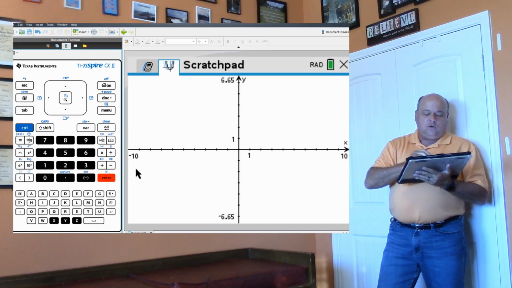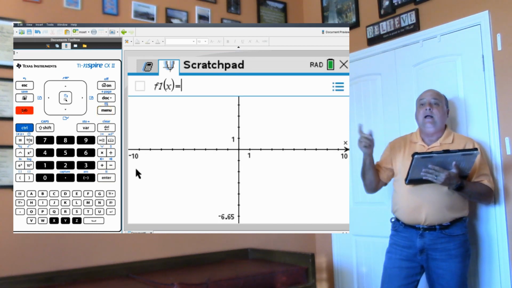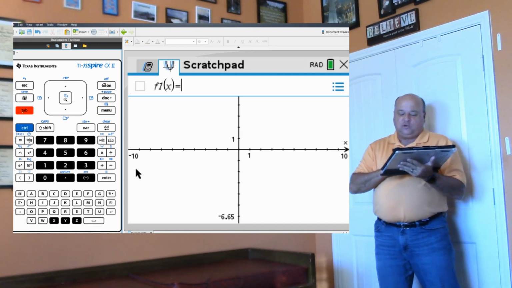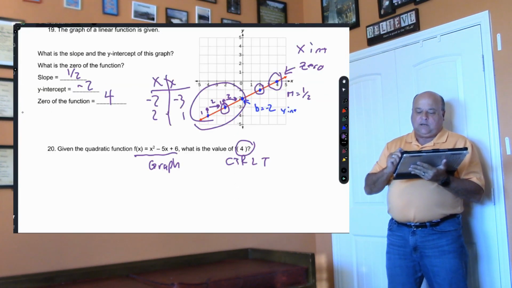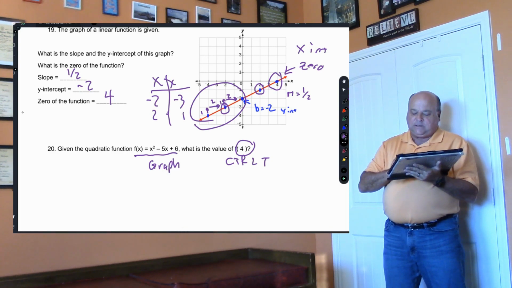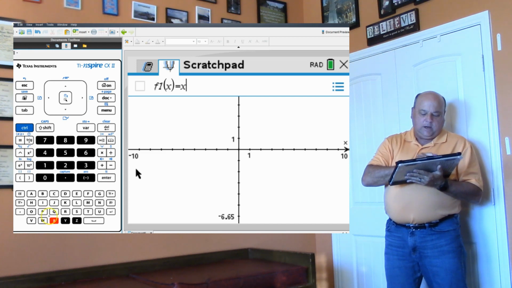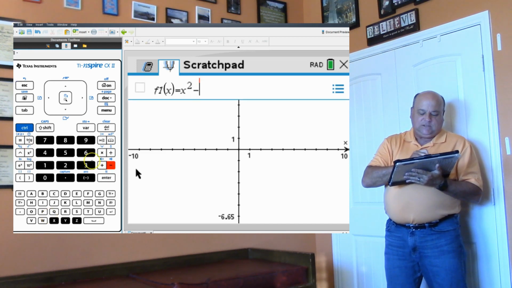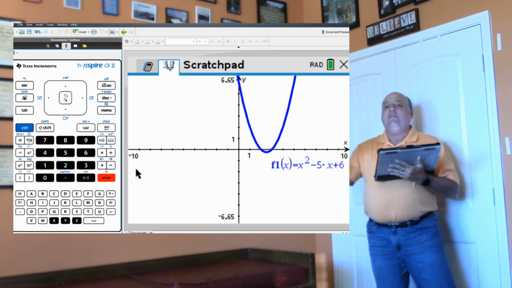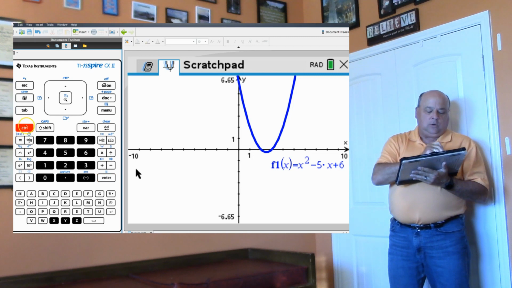Now that I need a new graph, I can hit menu 3, 1, or if you hit tab, the F1X is there. So I'm going to go and get the equation I need to graph. So x squared minus 5x plus 6. Let me get to here. So x squared minus 5x plus 6, hit enter. And now then we're going to go Control T and get to 4, aren't we? So Control T,